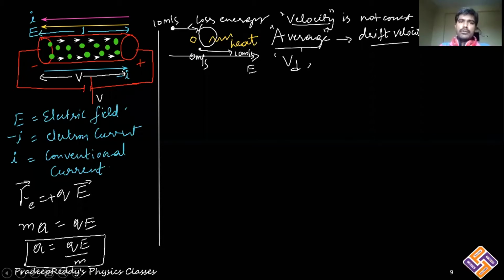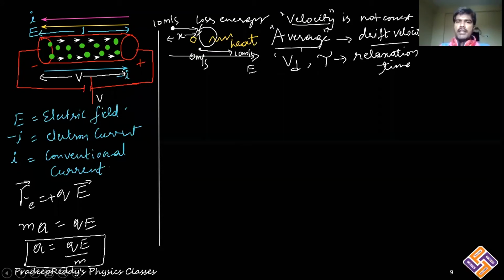Without collision, it is traveling some length x. We generally call it the mean free path. In this mean free path, the time for which it is traveling is denoted with tau. Usually it is known as relaxation time. So relaxation time is the time for which the charged particle in motion has no collision. Whatever the time it is traveling over the mean free path is termed as relaxation time.